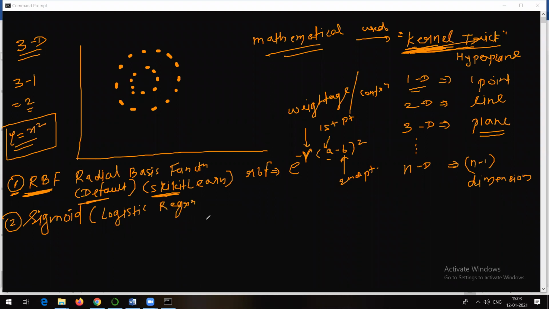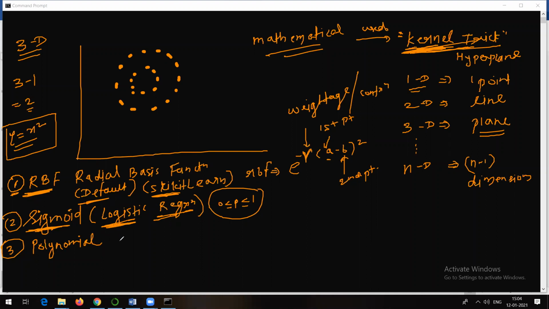Logistic regression, I think it is not in your syllabus for implementation, but yes, logistic regression can be used to solve classification problems, and it makes use of the sigmoid function. You might know the sigmoid function always gives you values between 0 and 1, right? And as logistic regression makes use of probability, and probability should always lie between 0 and 1, that is the reason the sigmoid function is used for logistic regression. Okay, right. So yes, the sigmoid function can also be used here in this case. Another method which can be used here is polynomial, right? Some polynomial methods can be used.